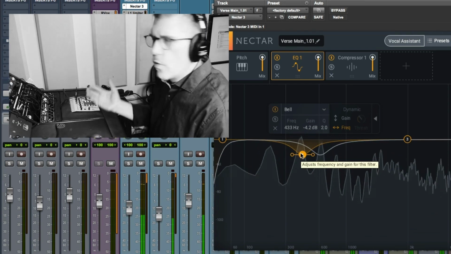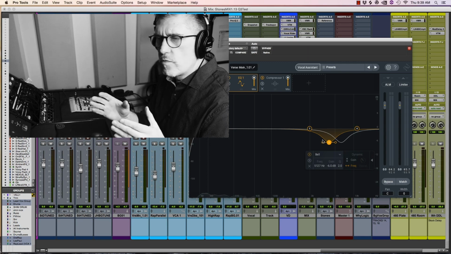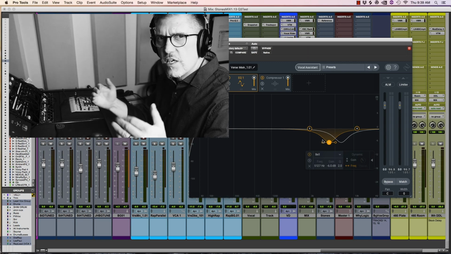Wherever your problem is, it'll move with it. It can really address a problem that's moving around without having to do a wider EQ. It can stay with the problem zone. Love that thing. So that's part 1 of a 4-parter I'm going to do on what I think are the